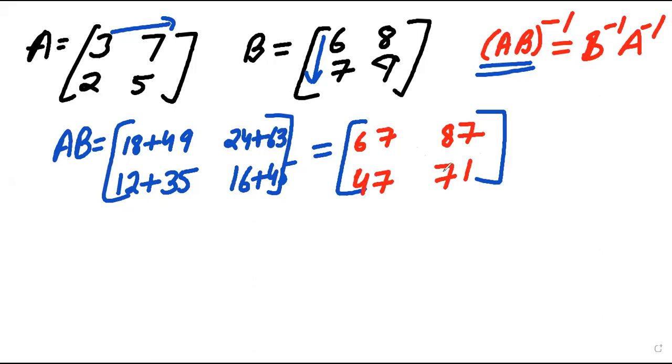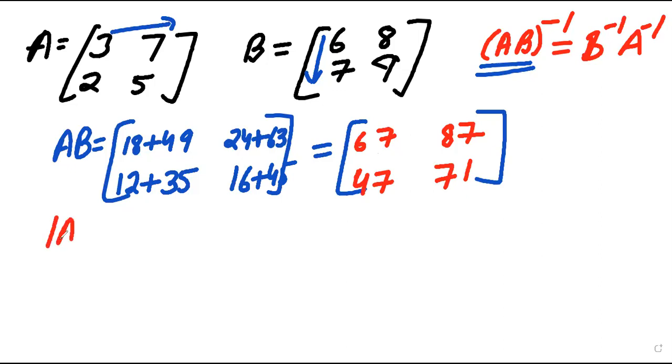Okay, now the next step is to find the inverse. So before finding the inverse, what we will do, we find out the determinant. These things you have to keep in mind, beta. Don't go for the straight adjoint. First you have to find the inverse, and for the inverse, first you need the determinant. So what is the determinant of A?